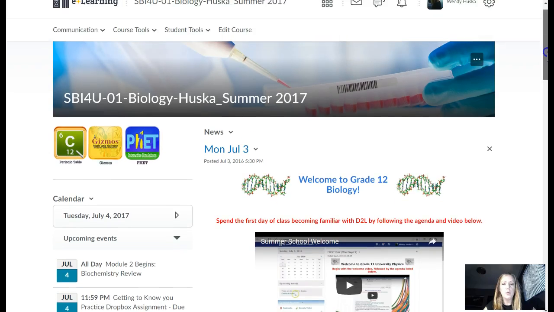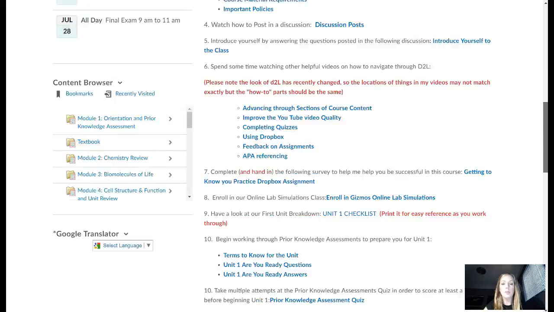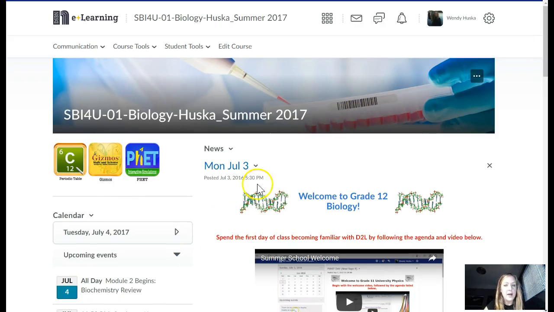But from this point forward, I'm going to arrange it so that the very most recent news post will show up first. So if you're joining the class late, or you've maybe missed doing some of the things in previous posts, you're going to scroll down for all of the older news posts. I'm going to change that as of today.